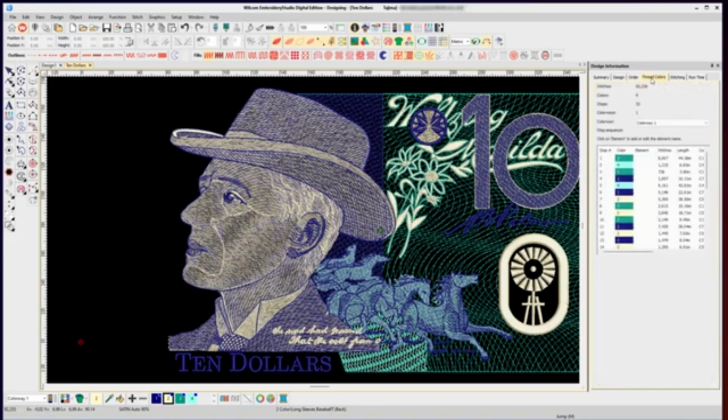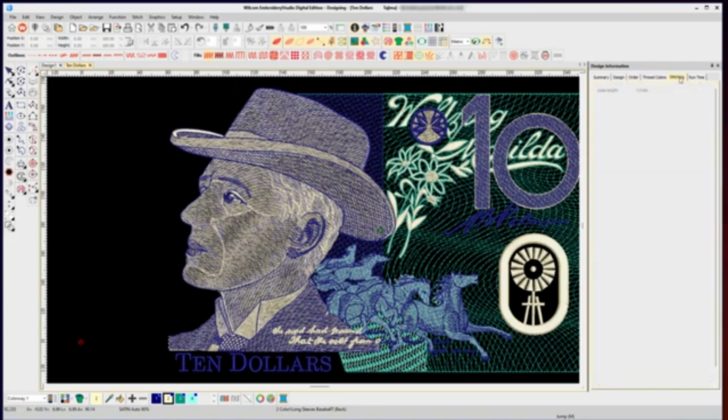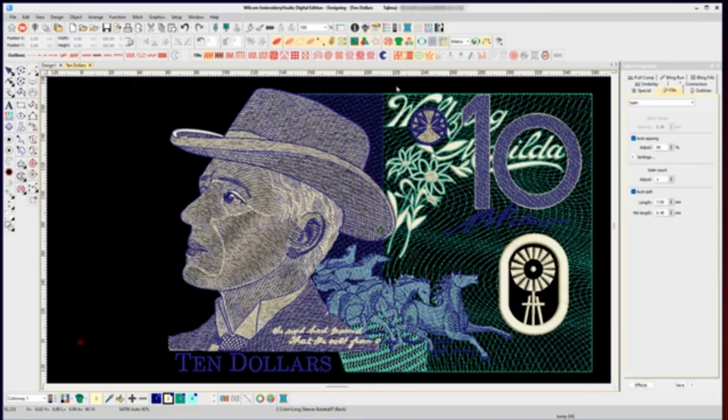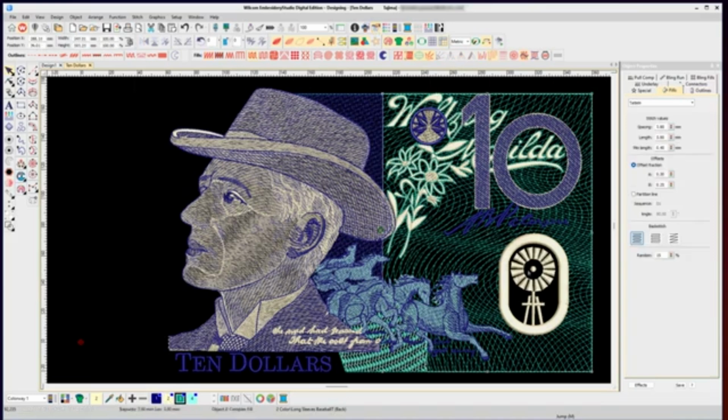Thread Colors tab, some stitching information, and a runtime calculator where you can estimate how long it'll take to sew that design on your machine. Other useful toolbars are of course the object copy toolbar, and when you select different objects and different options, the settings and tabs will change depending on what you have selected. Now from here is where you can set